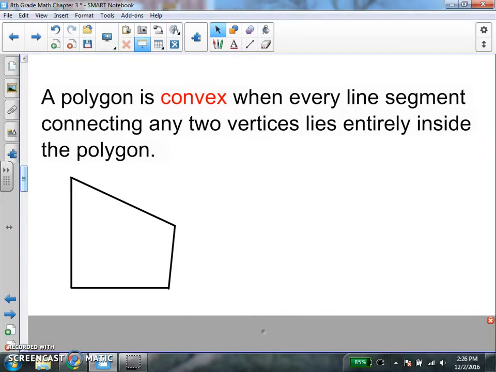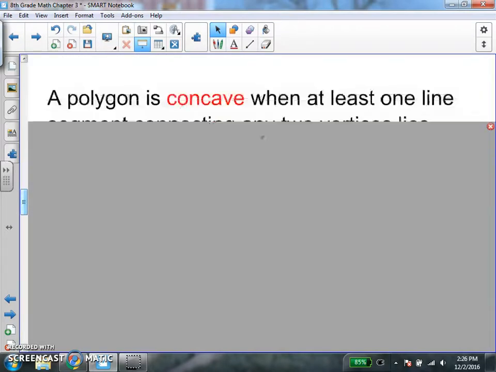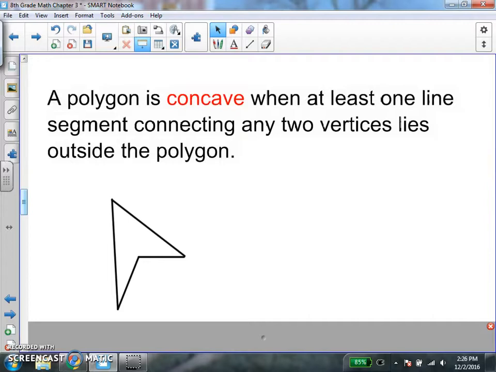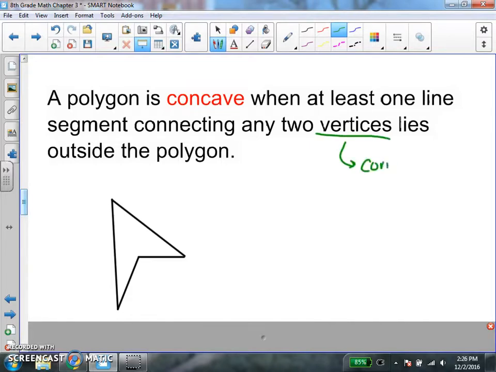So once you get that definition down, let's also take a look at the opposite of what a convex polygon is. The opposite of a convex is a concave. And it says a polygon is concave when at least one line segment connecting any 2 vertices lies outside the polygon. Okay, so remember a vertice is another way to say corner. So it's saying if I had, for example, this corner and this corner, where those line segments meet, if I can draw at least one line between them,